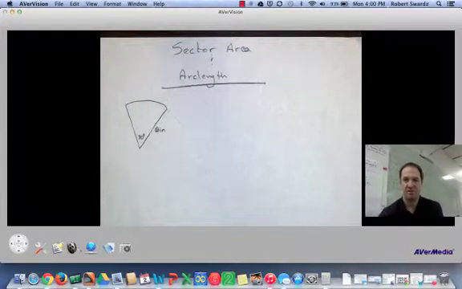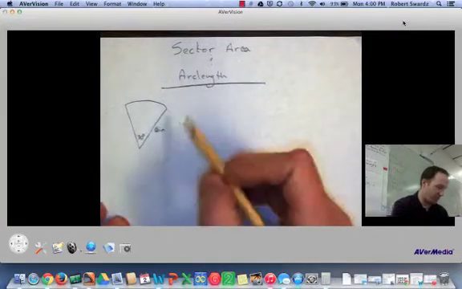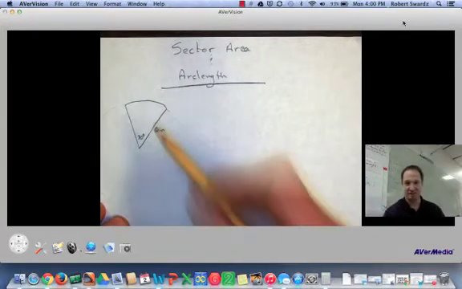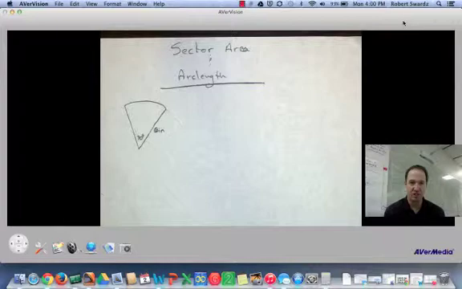Hi everybody, this lesson is about the area of a sector, or sector area, and arc length. First of all, what in the world is a sector? Well, hopefully you know what circles are by now. A sector is really just a part of a circle, and it's a part of a circle that looks like